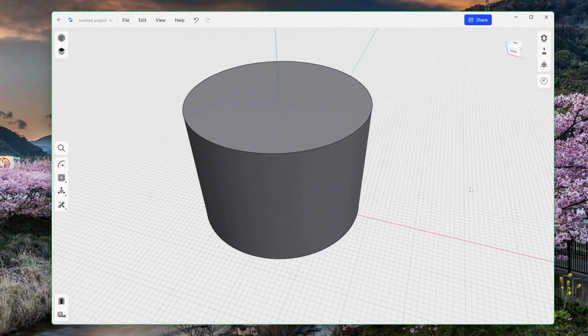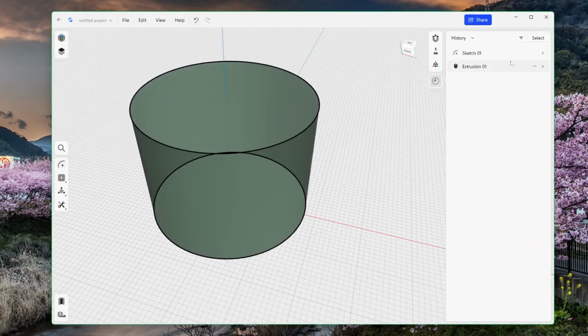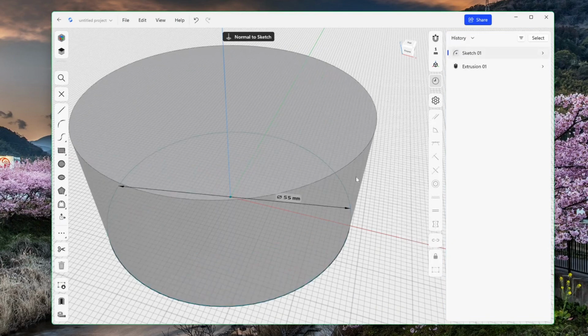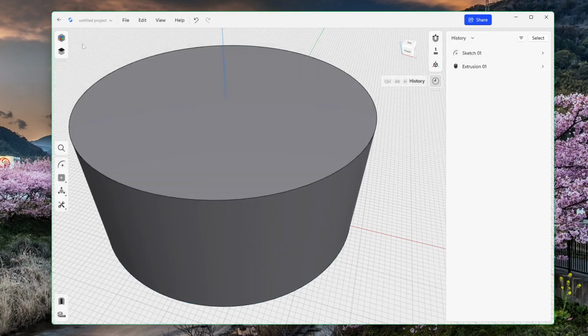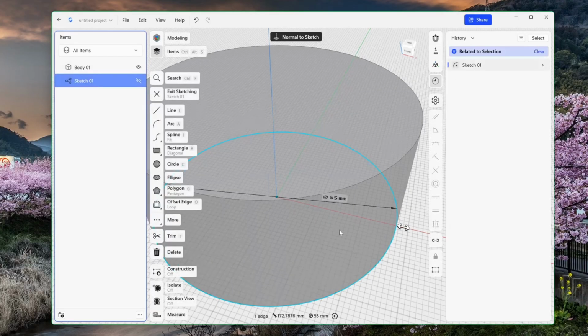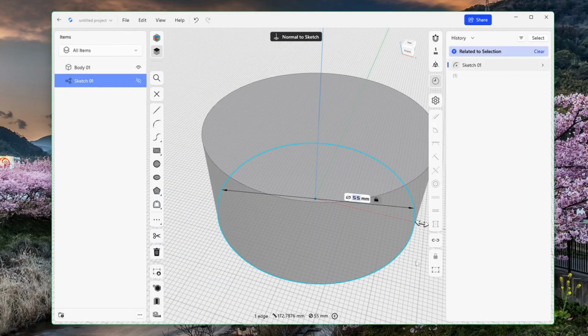As mentioned before, if you go to History, you can see the steps you took. If you want to edit the sketch, you can either do it in here and just click in here and do it like this. Or you could also go over to Items, where all of your items will be listed. If you added, let's say, a reference image, it will be also listed here. If you add construction lines and any other sketch, they will all be listed here. You can also filter what you want to see here. So you can also edit it in here, like this.